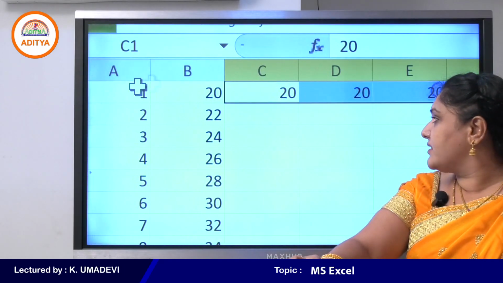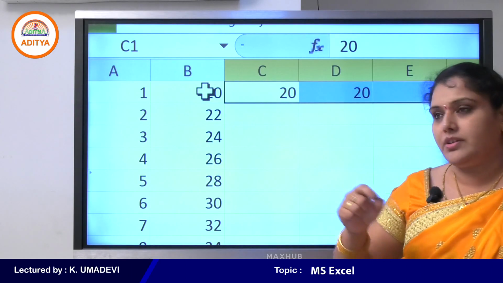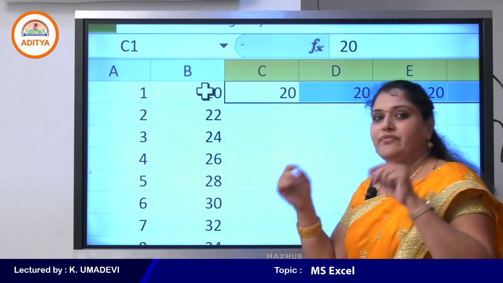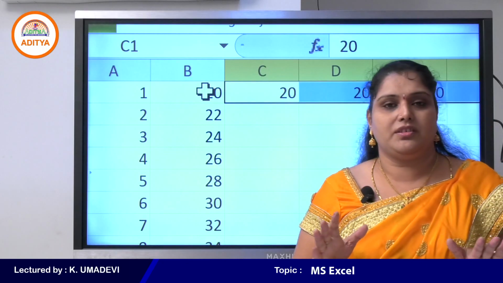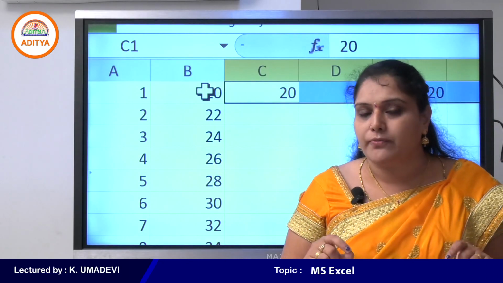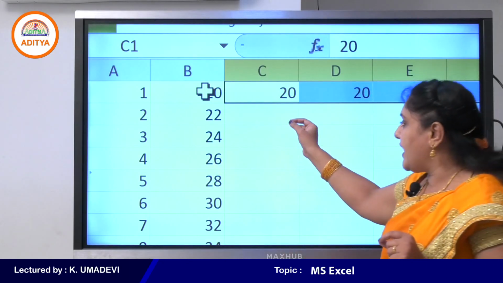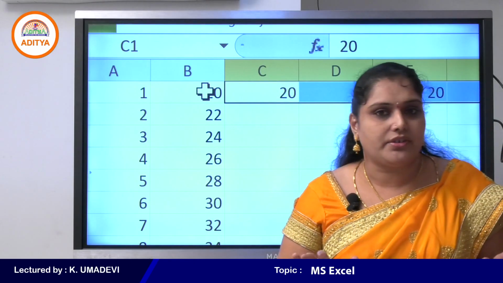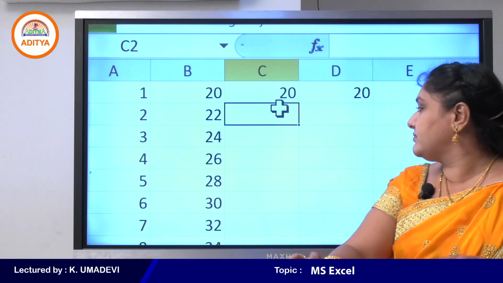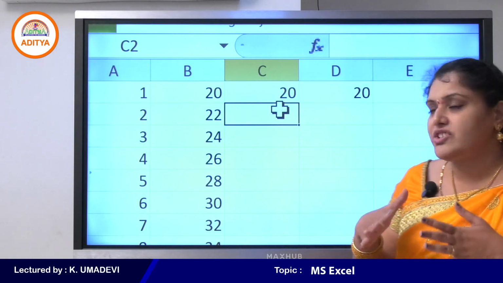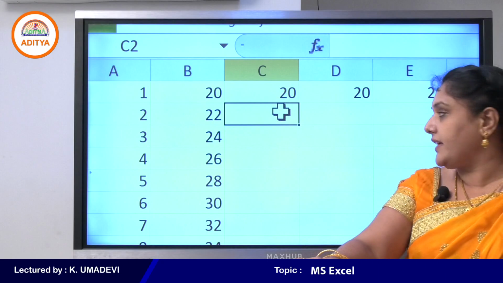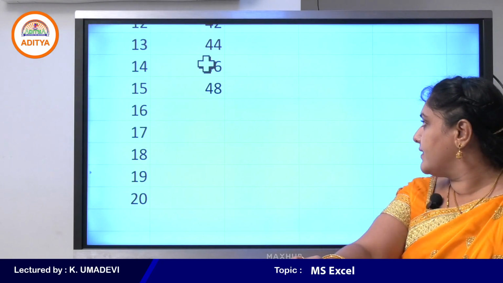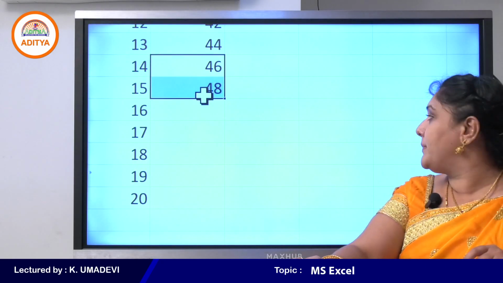Okay, so like this. If you want to display a particular series, first enter the two numbers. Depending upon the pattern of those two numbers, the fill handle is used to auto complete a list. Clear, students? And next one, as we can autofill. This is called autofill. See, when you click and drag, again select the two numbers,